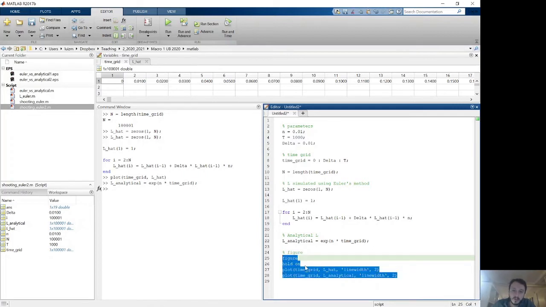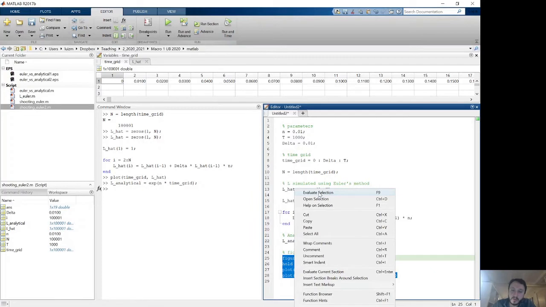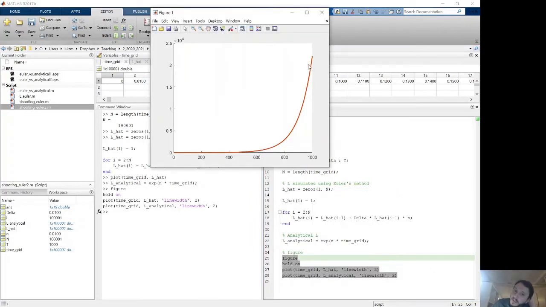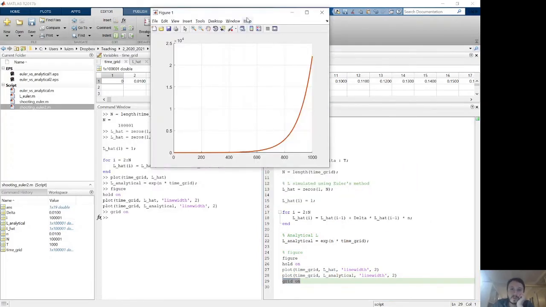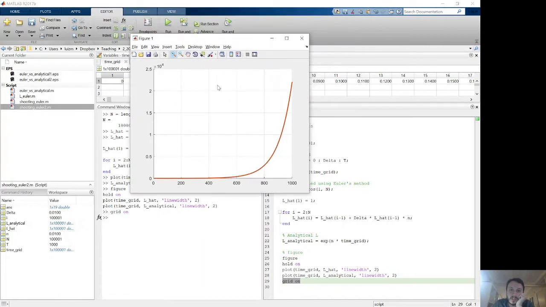So I already closed the previous figure. I will run this, and then I have the two curves together here. Let me put a grid here. So we have the grid. So for example, I can zoom in on the curves just for us to see that they are not exactly equal